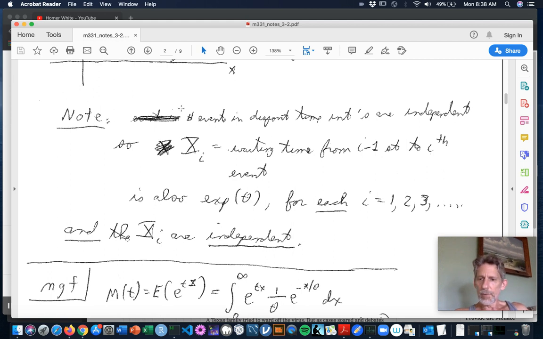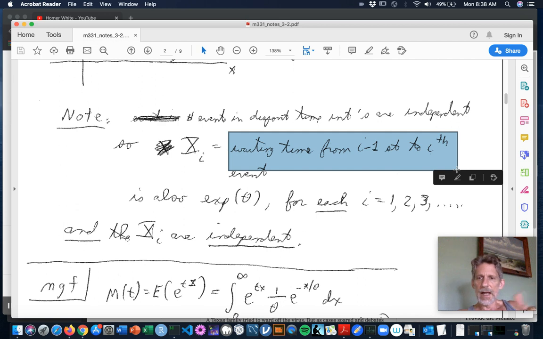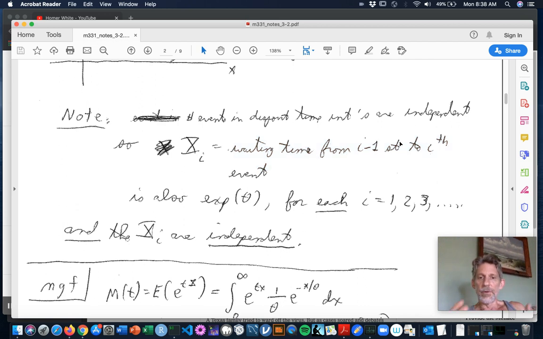Little side note, in a Poisson process, you'll remember our definition of a Poisson process is that the number of events that occur in disjoint time intervals are independent random variables. So suppose that you let X_i be the waiting time from the (i minus first) event to the ith event for each i. So X1 is the waiting time from the 0th to the first event. That's the exponential random variable we were actually working with. X2, the waiting time from the first to the second event. X3, and so on. Each one of these is actually an exponential theta random variable